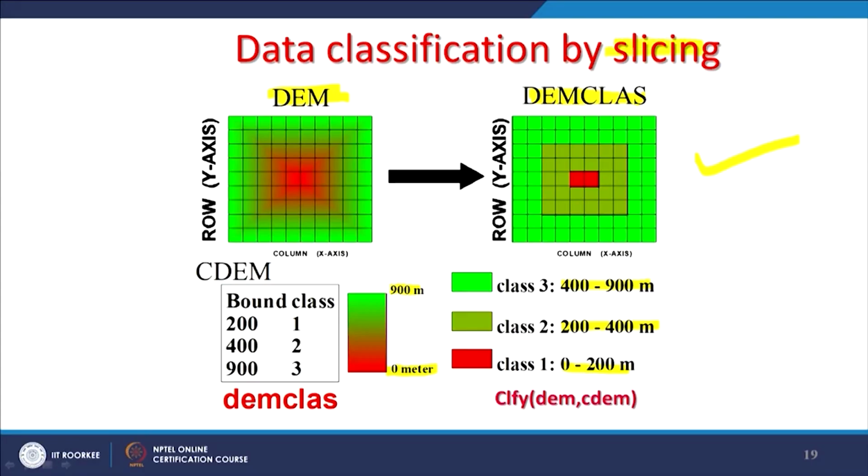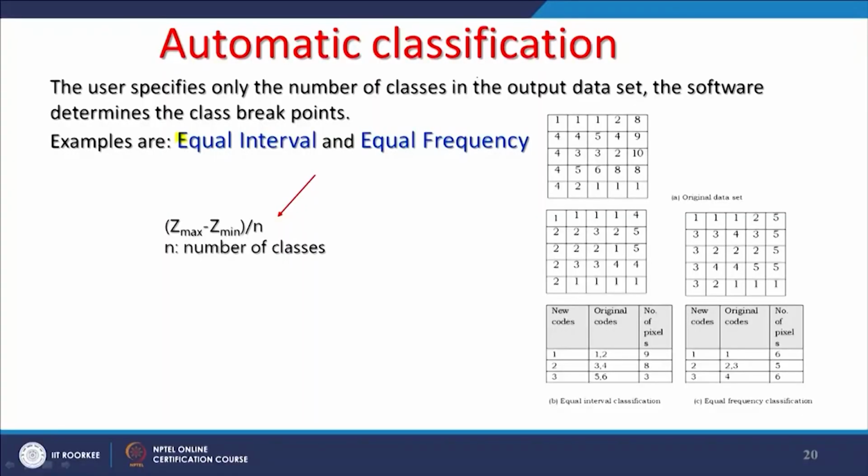From the digital image processing point of view, this is also called slicing, density slicing. Because the concepts come from different domains, the same term can also be used here. GIS software is also capable of reclassifying based on some automatic classification methods, for example involving statistics, equal interval or equal frequency classifications.